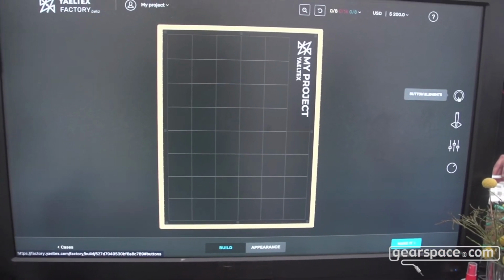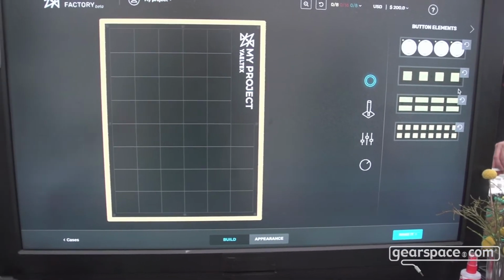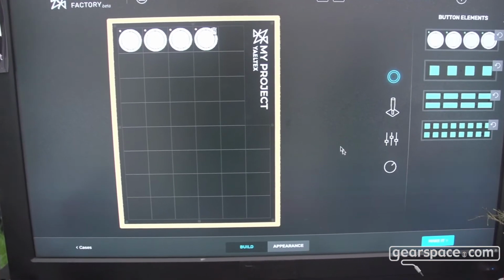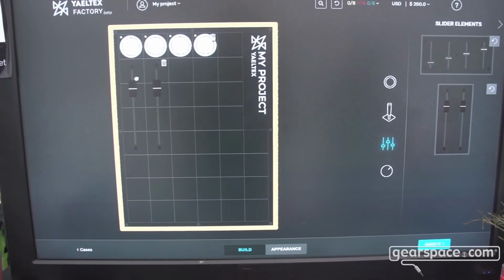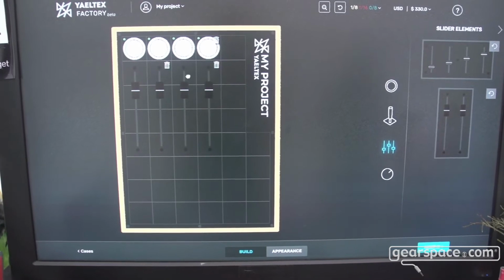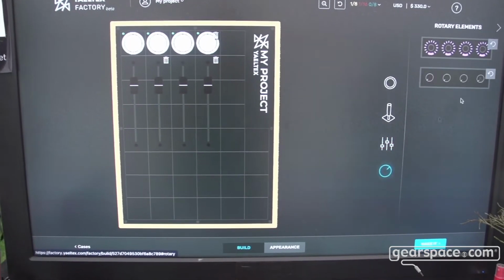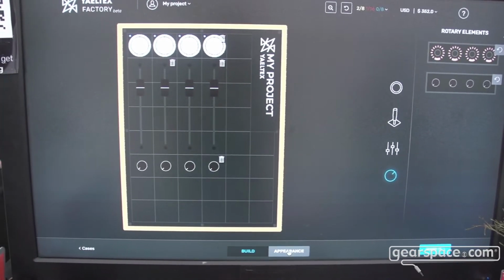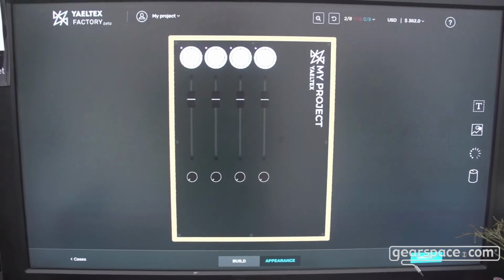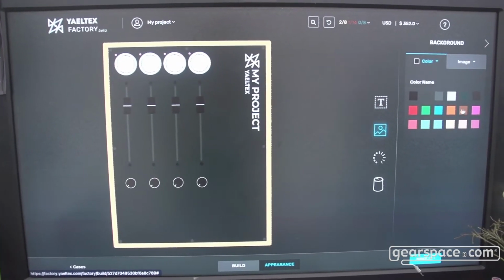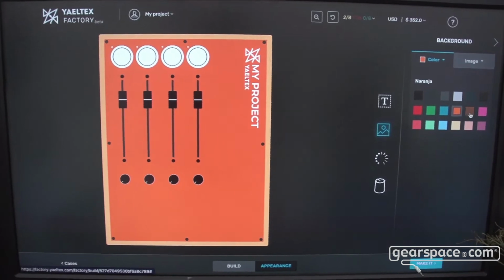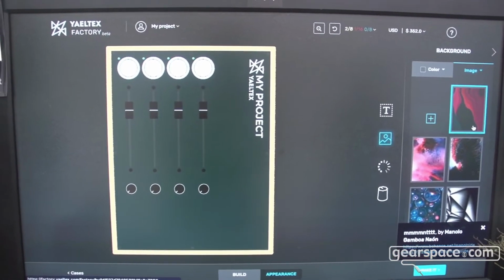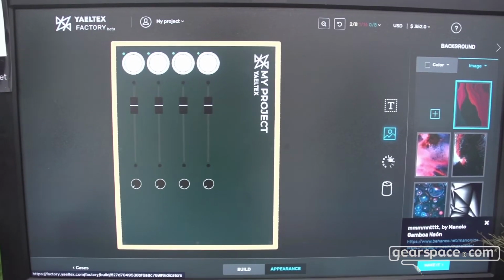So what we did is we embedded the electronic system into the app. So you have all those modules that you can drag and drop and design your controller here. And not only the functional part, but you can design the whole look of your controller here on Appearance. If you flip it to here, you can start working on the style of the controller, like changing the color of the background, or using a pre-made image, or uploading your own